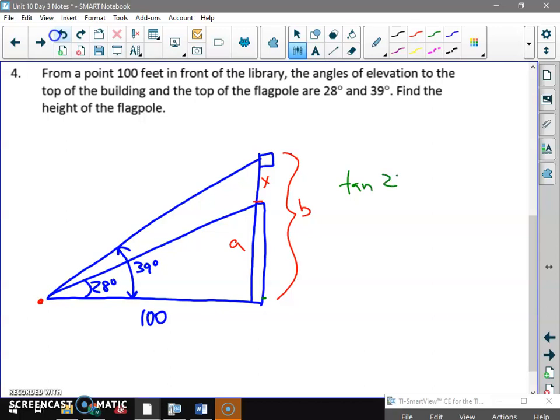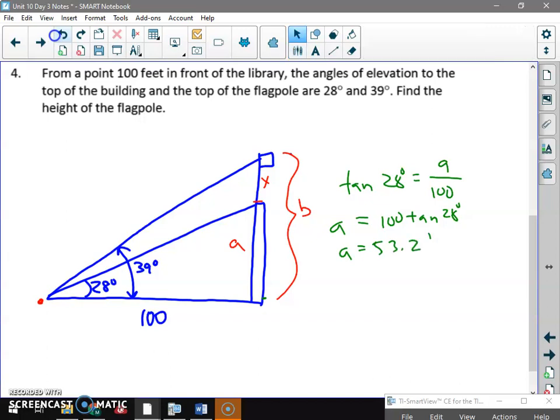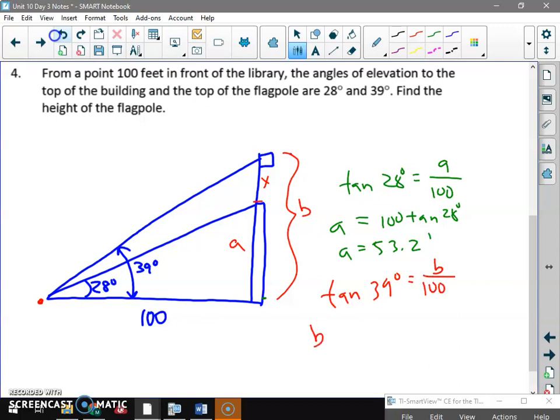Tan of 28 equals A over 100. A equals 100 tan of 28. A equals 53.2 feet. Tan of 39 equals B over 100. B for both. B equals 100 tan of 39, which is